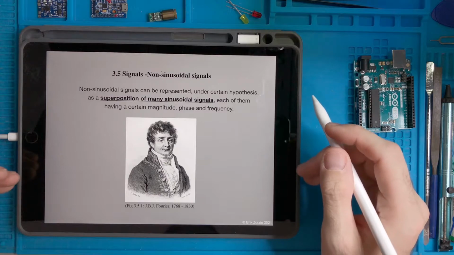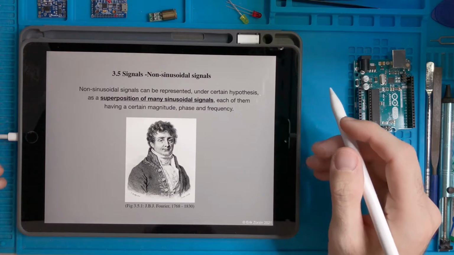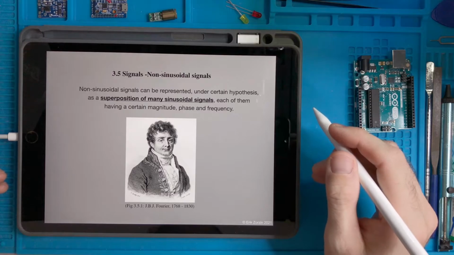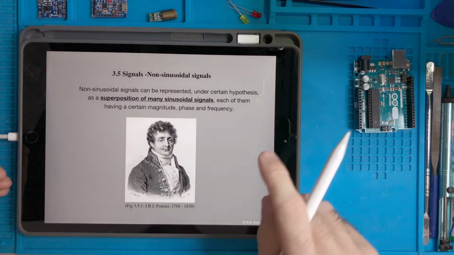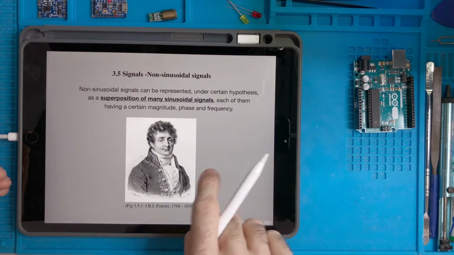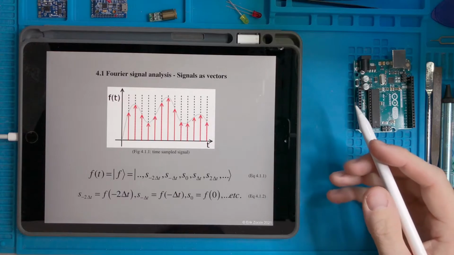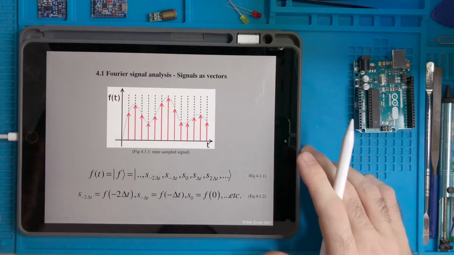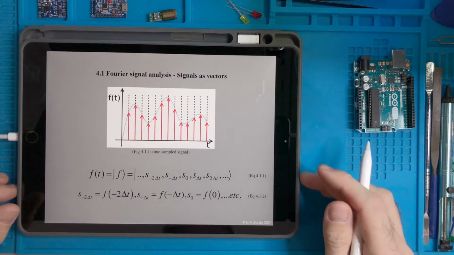So what we are going to study is the so-called Fourier representation or Fourier transform of a signal, which is something that was developed by Fourier a couple of centuries ago. So how do we do this? Well, now we have all the ingredients ready in order to cook this recipe. We have to do a couple of things.